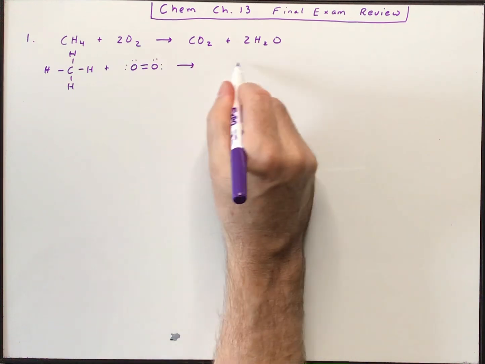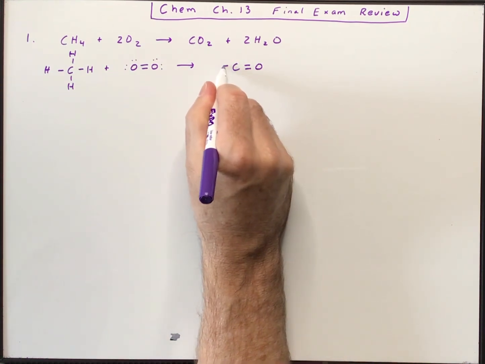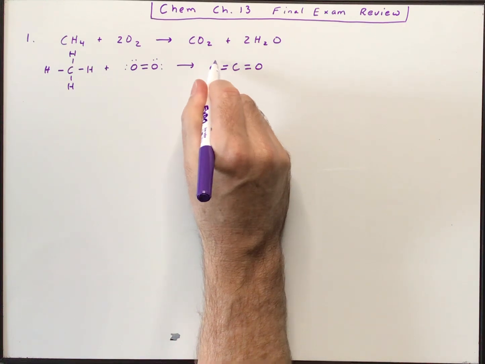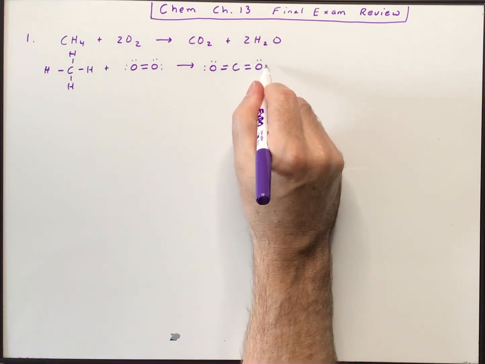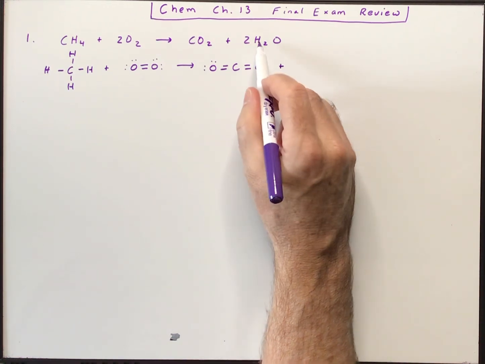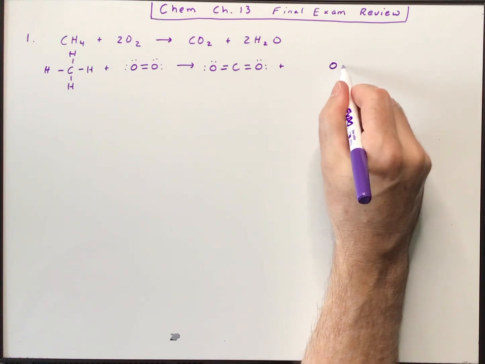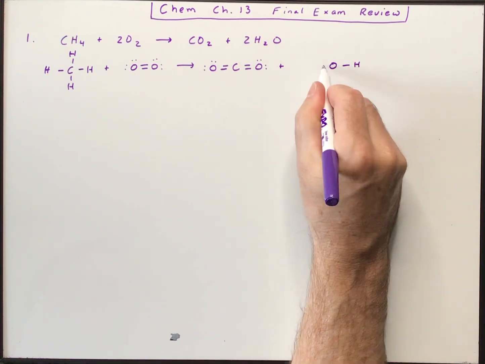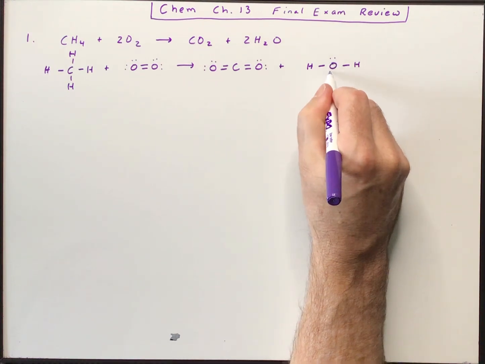And then with CO2, carbon would be in the center, and you would have a double bond of oxygen on each end. And we don't need the electrons. I'm just doing that because it feels like it's the right thing to do. And then with H2O, oxygen would be in the center, and we would have a single hydrogen bond on each